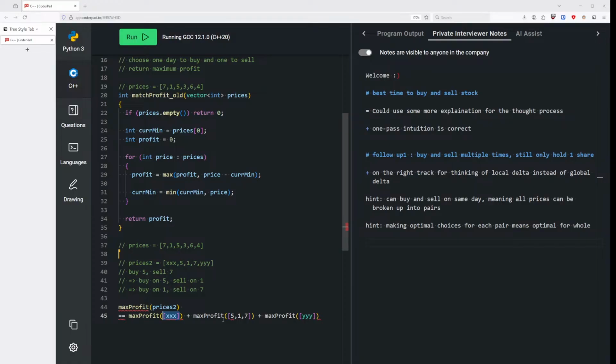However, let's say that the number before this is like 1 or something. So we want to be able to buy from 1 to 5, right? Buy on 1, sell on 5, right? This is basically equivalent of saying, we have some optimal solution for the previous numbers, and we want to be able to identify this pair as being good,